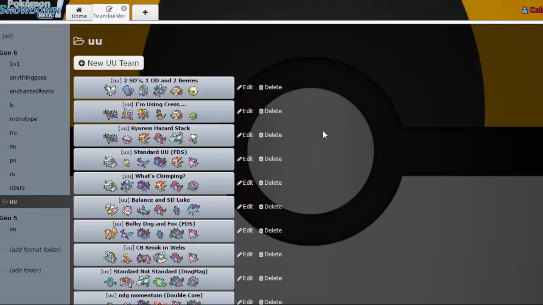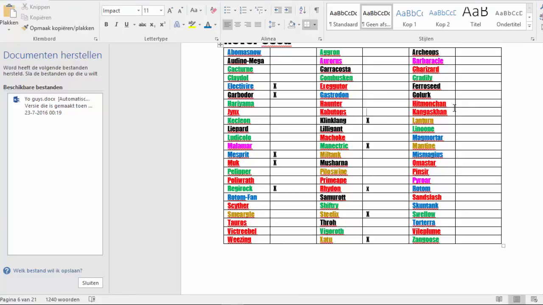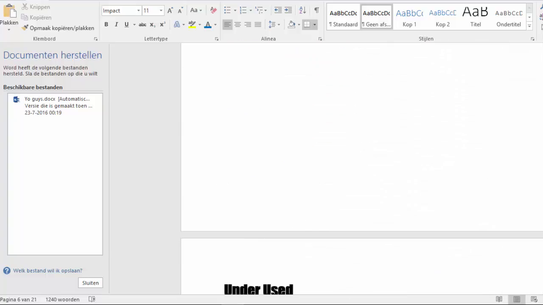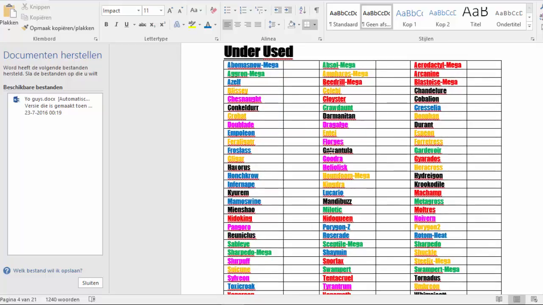under Showdown Smogon rules. And I always have this little doc with all of the Smogon tiers in them, and every threat. So if I want to, for example, build a UU team, I can just have my checklist ready and see what mons do sweep me and which ones don't. Which is pretty nice to have